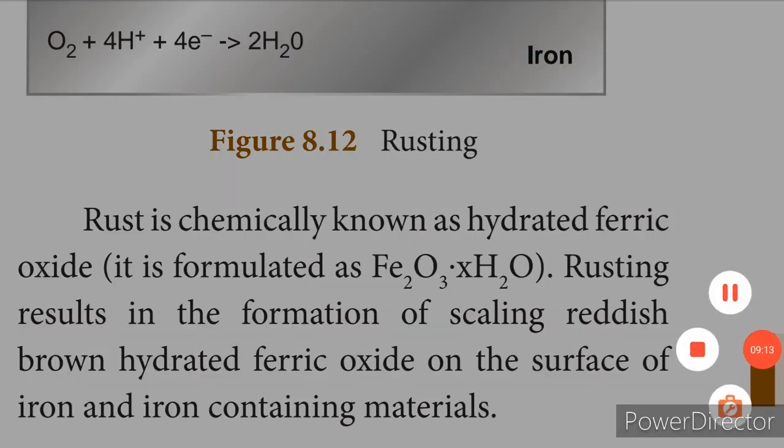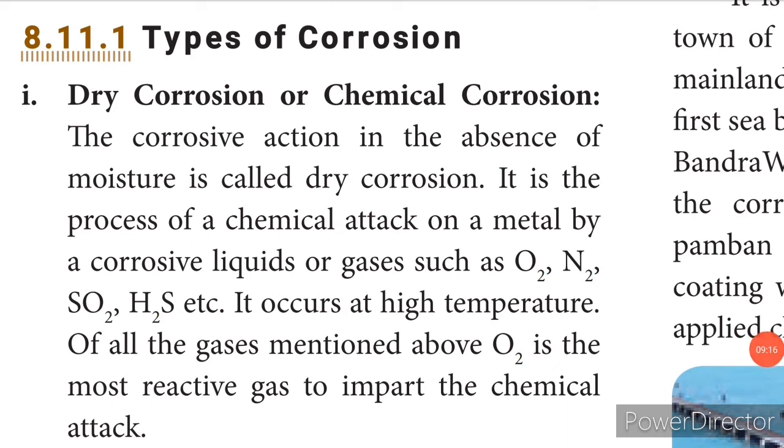Now we'll see what are the types of corrosion. Let's go to the types of corrosion. The first type of corrosion that we are going to see is the dry corrosion or the chemical corrosion. Now when I talk about rusting or corrosion, what do you automatically think of? You think of the moist air, isn't it? When the metal comes in contact with moist air, it gets rusted. No, it's not so. There are other factors that lead to corrosion. The first one is the dry corrosion or the chemical corrosion. Now this takes place in the absence of moisture, so it is called dry corrosion. So moisture cannot always be the reason for corrosion or rusting.